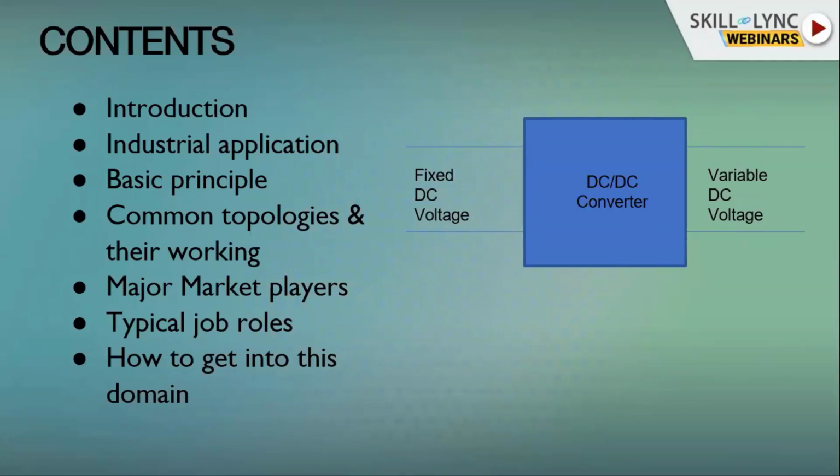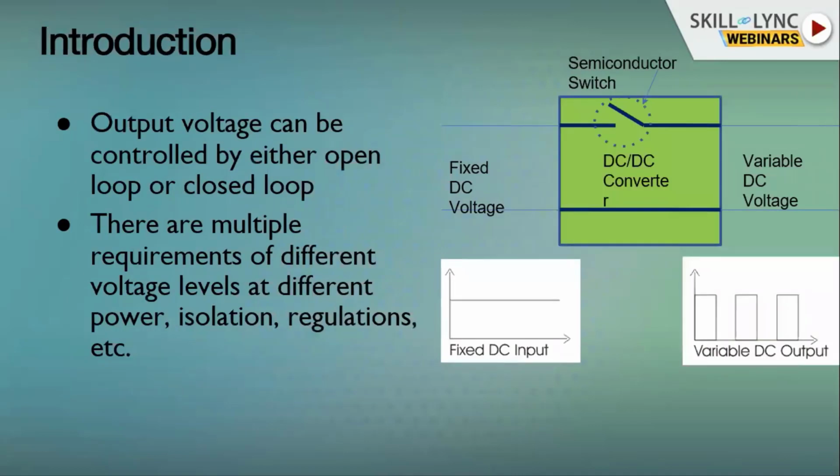It is basically power electronics, or you can say a semiconductor switch, which converts fixed DC to variable DC. I hope everyone knows what DC voltage and AC voltage are. Let's take one example here. I am elaborating a simple block diagram with one switch on the right side, which I have replaced with a semiconductor switch. Now, if we feed a fixed DC voltage, it can be 5 volt, 10 volt, or anything you think of, and you want a variable DC voltage at the output.